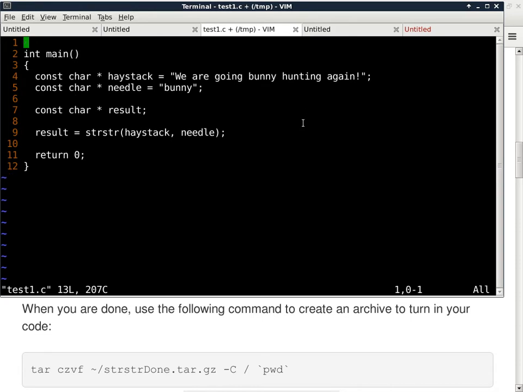So you're not going to use the library's own stir. Instead, use your own. Write your own subroutine: const char star stir, const char star haystack,